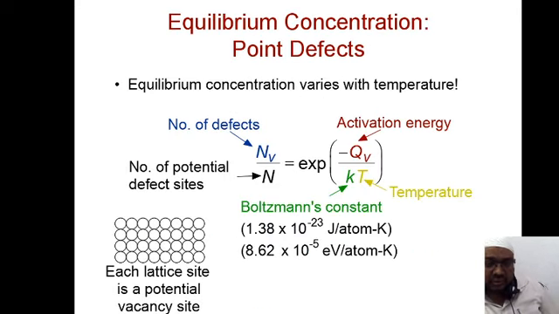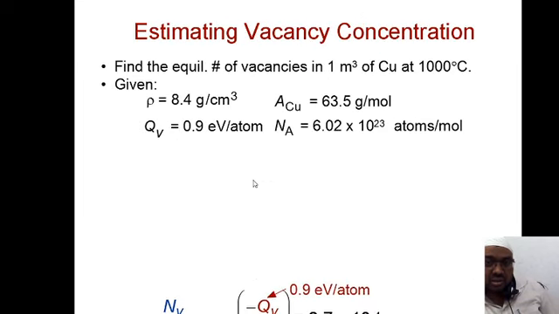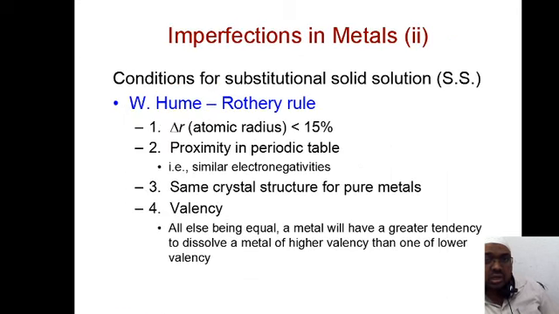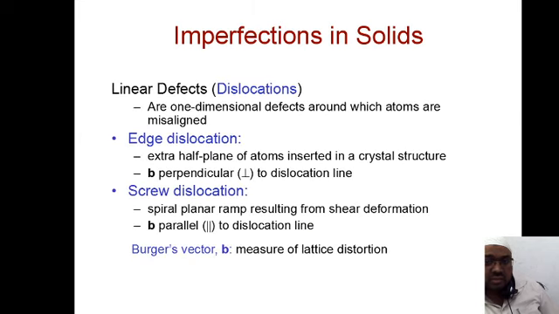Now, you will definitely have an equilibrium concentration which varies with temperature. What is this equilibrium concentration? We will have a very clear idea about this particular aspect in a later section. Here we are not going for the estimation of the vacancies and so on. Now we go for imperfections in solids. What are the imperfections in solids?